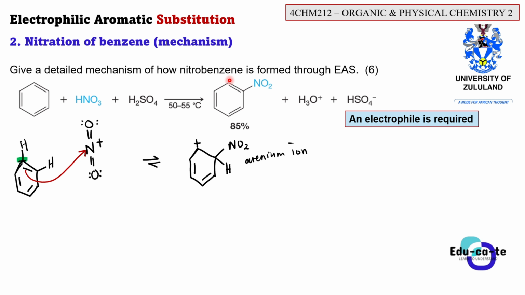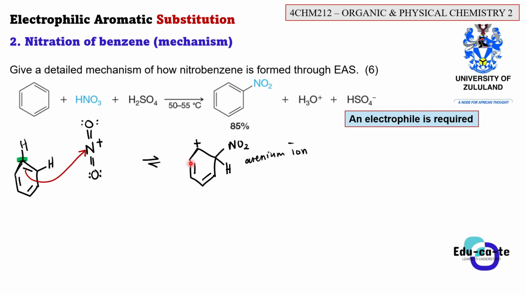It must still be an aromatic ring. It must have the same bonds as before. Look at this first one. It has a double bond here, here, and here. Look at this one, double bond here, here, and here. Look at what we have. We are missing a double bond here, so we need to regenerate it in some way. We need to regenerate the aromaticity.